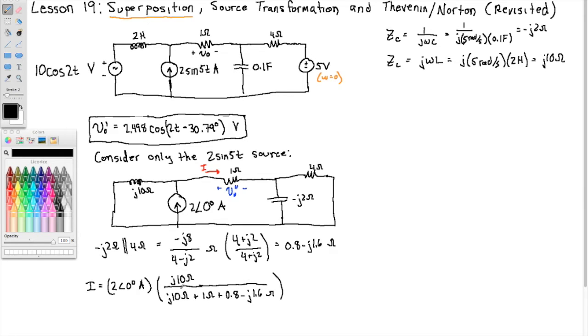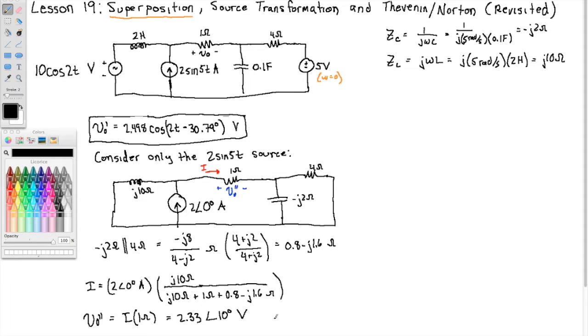So you can simplify this current, right? You can combine the real parts together in the denominator, the imaginary parts in the denominator, multiply by the complex conjugate over the complex conjugate, and you find that the current, right, you can get the current then, and if you want the voltage, it is simply the current times 1 ohm, right? Because we've got the current going through the resistor times 1 ohm resistance gives you the voltage across. So this gives us 2.33 angle 10 degrees